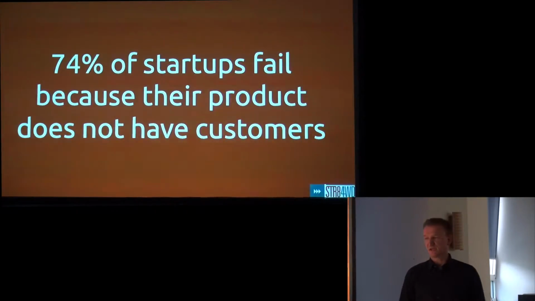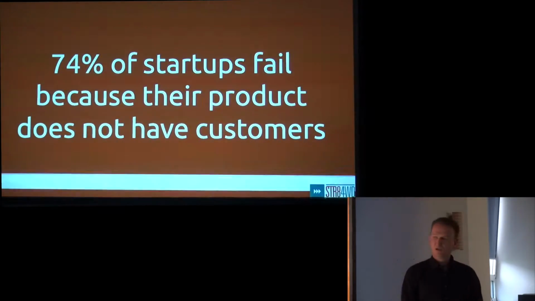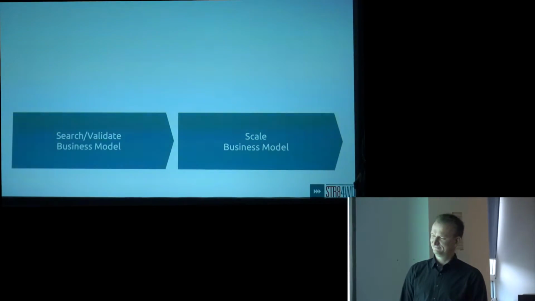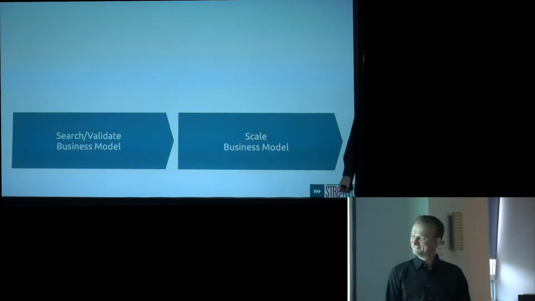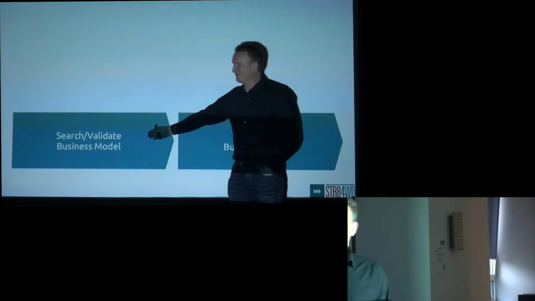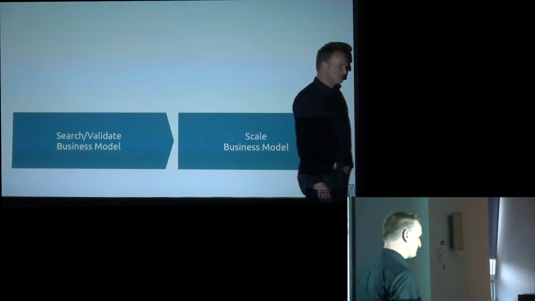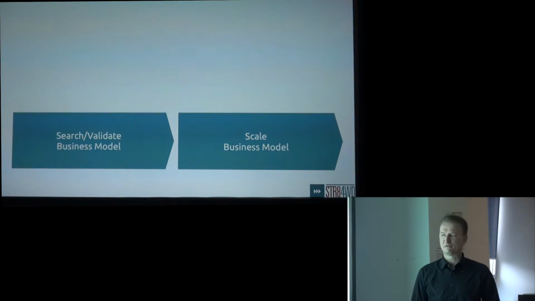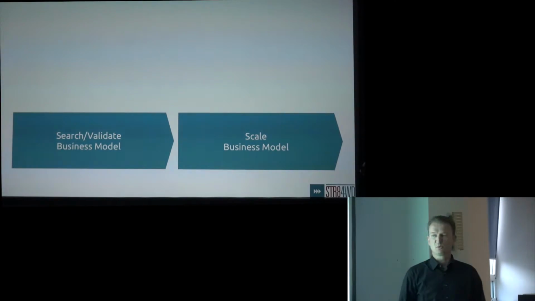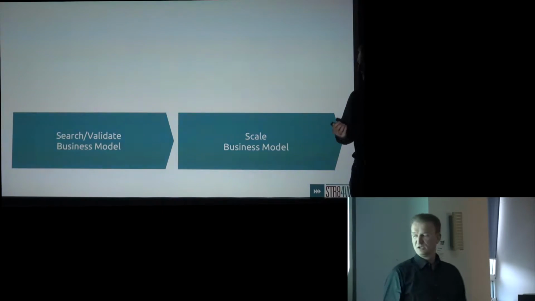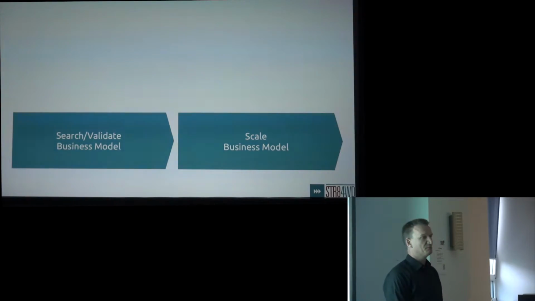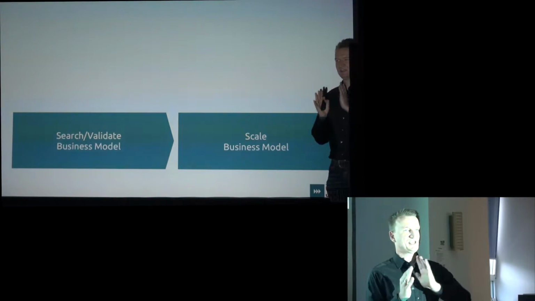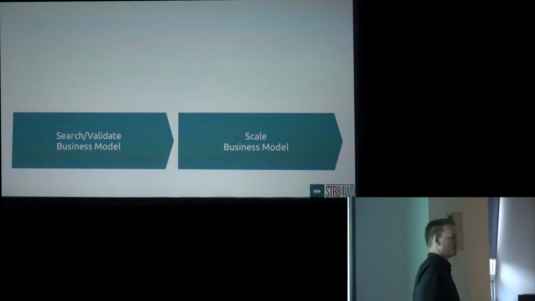Now, the reason behind it is that the life cycle of a company has basically 2 important phases. And that is number 1, search and validate a business model. That is something we're starting to learn in depth, and which has been before like kind of an alchemy session. So we had people being really good at that. There was little teaching about it. And what we've all learned pretty well is to scale business models. So to reduce costs, improve efficiency, and to attack nearby markets that are similar to the ones we're already serving.